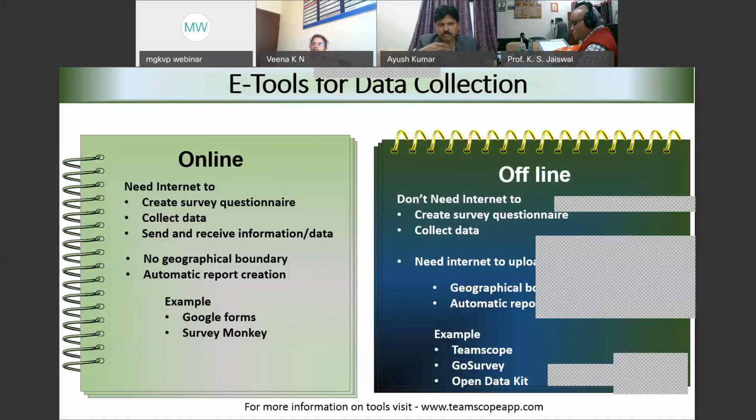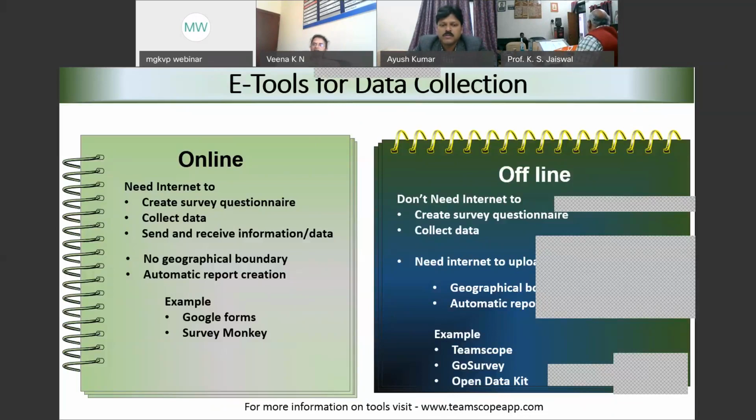So it becomes very handy for the user to get a glimpse of the trends and tendencies in the responses of the respondents. So online data collection tools help us in having the first stage of reports.